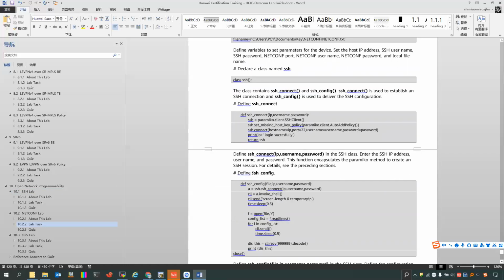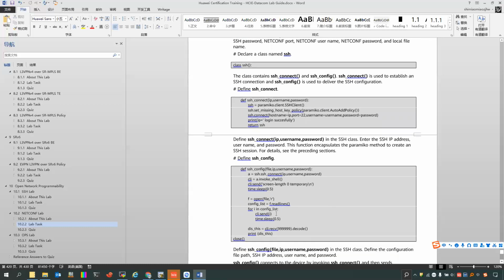And then we use another function or method. It is the SSH config. You will find that we use it to create a connection, and then we use it to send the command. All right, and then you will find that the commands we send are inside